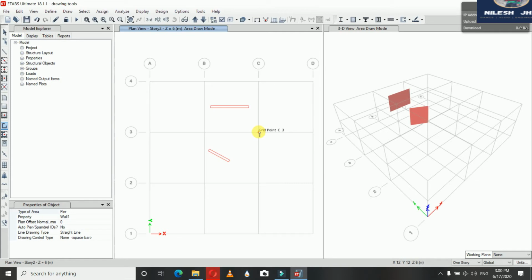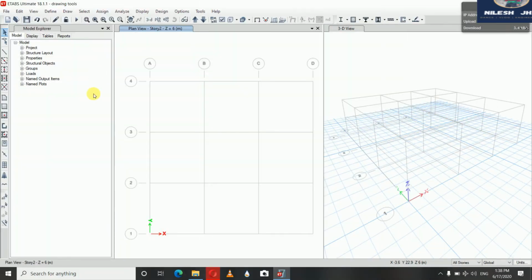Enter. Suppose here you want to create a wall for your bathroom, so suppose you click here, and after creating this space you can provide your opening here alongside. I will show you how to provide the opening in this video only. And now the another way of drawing walls is here.